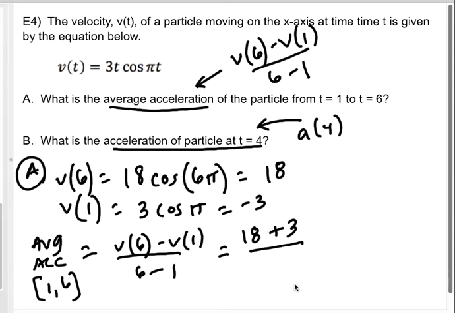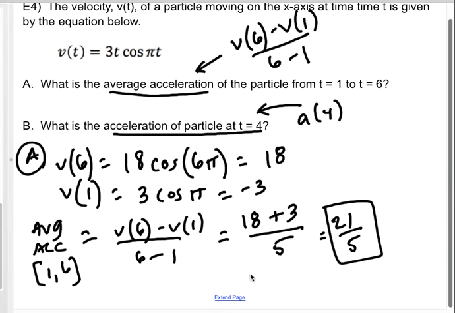So it's going to be 18 plus 3 over a 5. So I should get 21/5. Check and see if there were units. There were none given. Congratulations. That's it. When I go to do